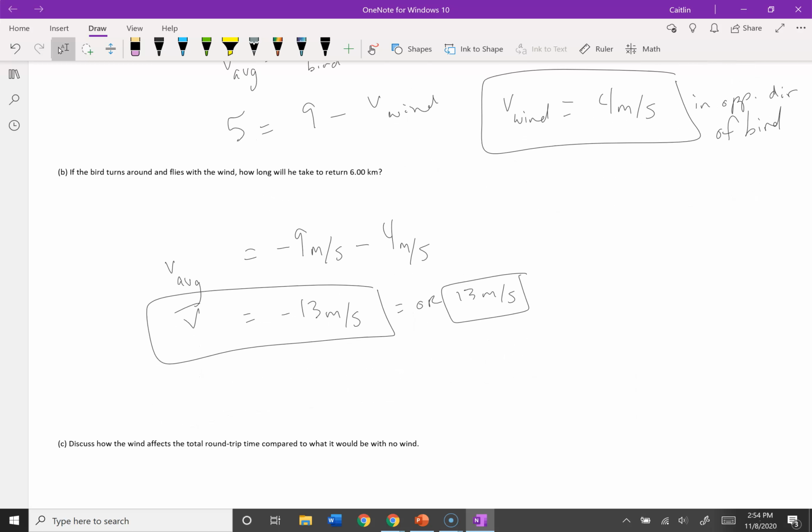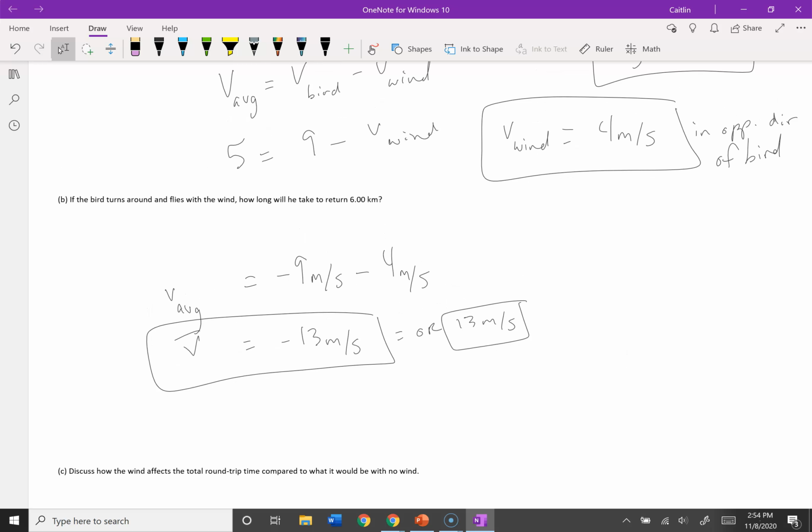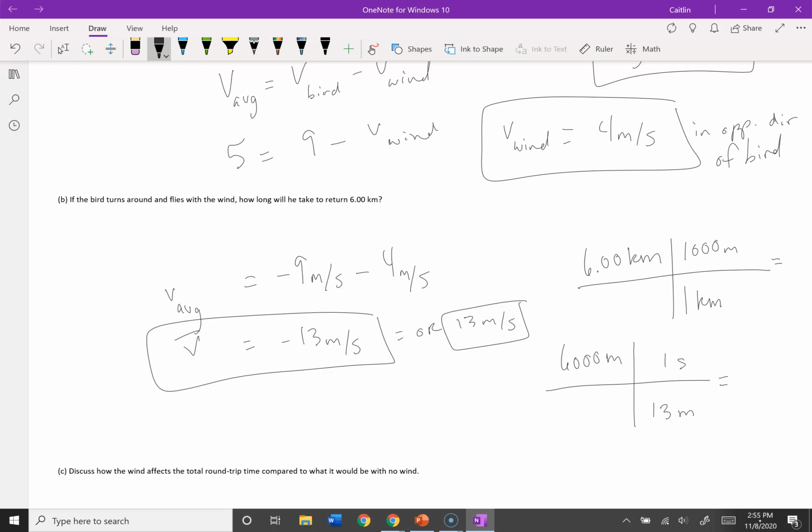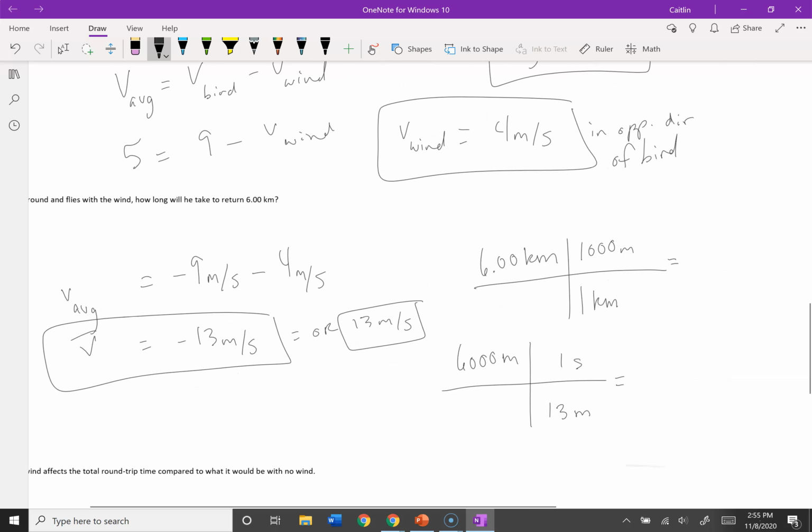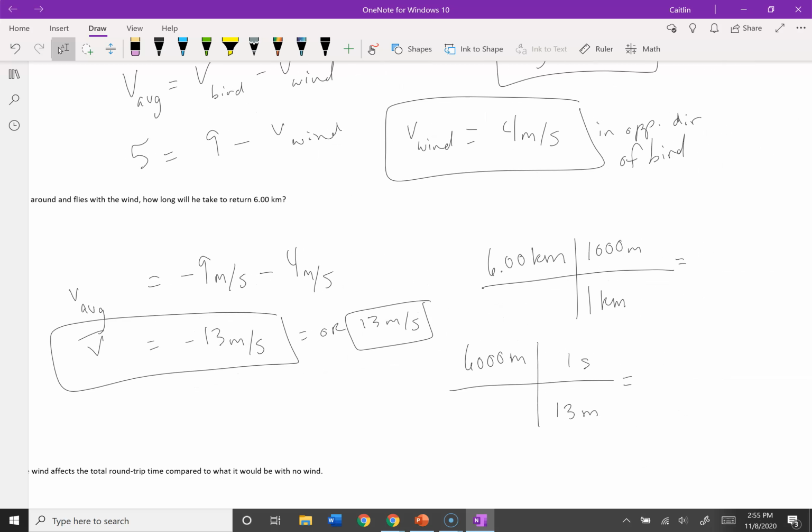The next thing I'm going to do is try and calculate how long it would take him to go 6 kilometers at this 13 meters per second. So remembering that when we go to cancel things out, one of the things we want is everything in the same units, I'm going to convert that to meters. Then I want to get rid of meters by multiplying by the inverse of the velocity. It's like saying that 13 meters per second can be flipped just because it has that fraction of a unit. So in order to figure out how long it would take, all I have to do is divide the 6,000 by 13 meters, and I get